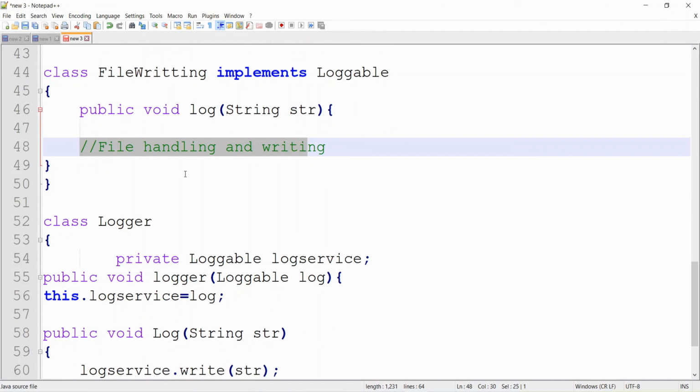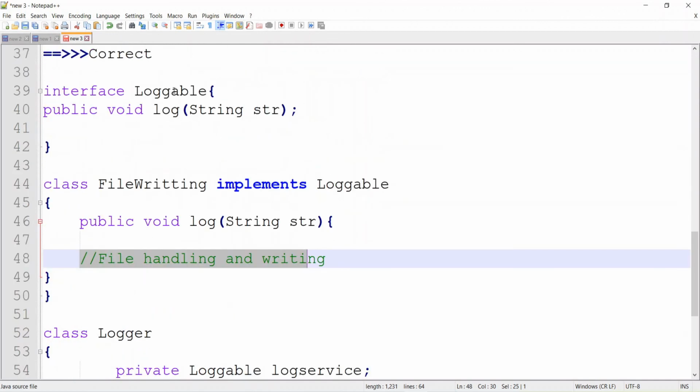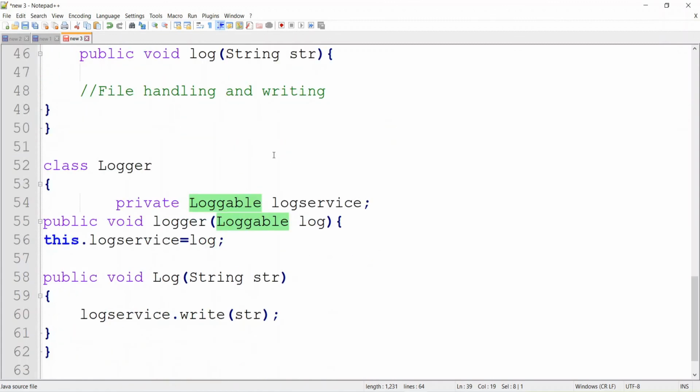Thereafter I am creating a Logger class. In the Logger class I am creating an object of the Loggable service. At runtime, the Loggable service receives whatever kind of service is passed: to log into the file system, or to log the text into the cloud or Oracle.